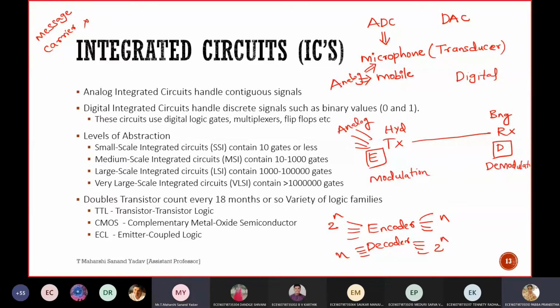No. Why? If any noise occurs, we'll lose the message. Okay. By the way, can you give me the guarantee that it will transfer for this entire distance? Suppose say for 100 kilometers. Without carrier, no, sir. So in order to transfer those signals, which are generally weak in nature, we impose this message signal on a carrier and transmit.